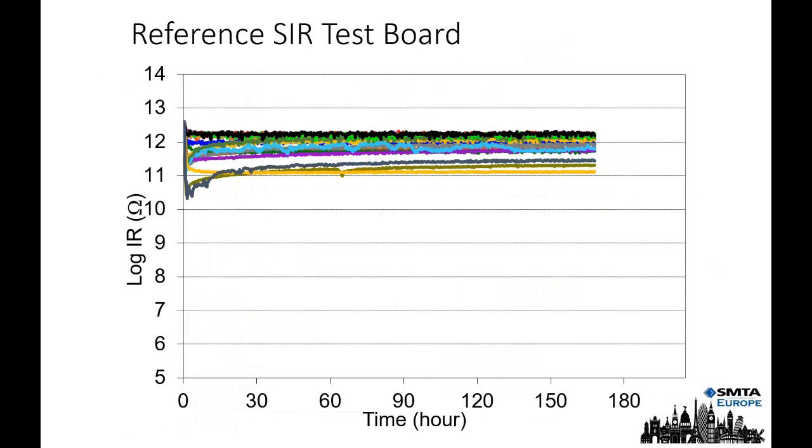So this test board, first of all, whenever you're doing any testing, you'll have a bare board, a board which is your reference board. So what you're looking at here is the resistance measurements when introducing to a climatic testing. The criteria is that anything below 8 would be a failure. Anything above 8 is perfectly acceptable.